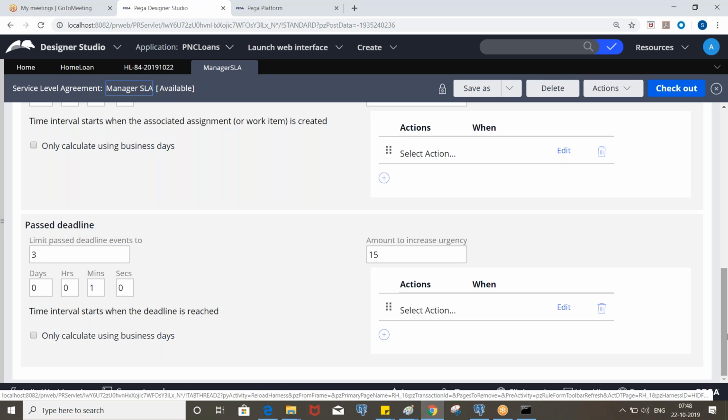Inbound email means the PRPC will be able to receive the email from external parties, and based on that can create the case. Outbound means the PRPC application will send an email to the external party or any email ID. Okay, clear?